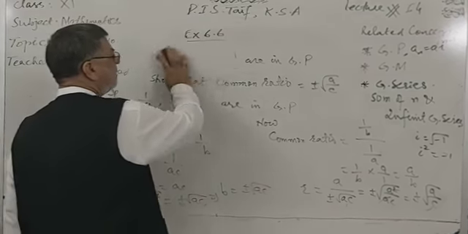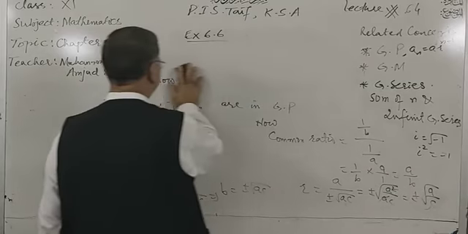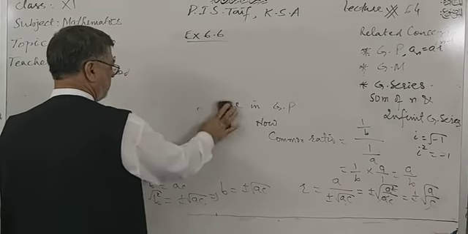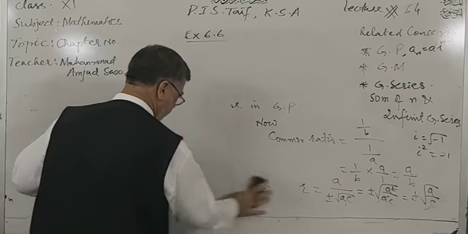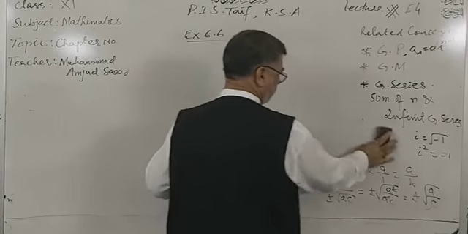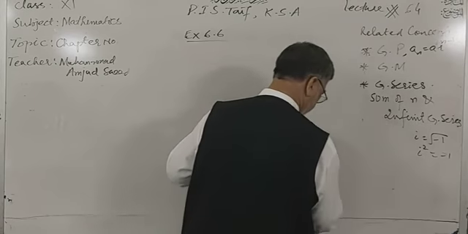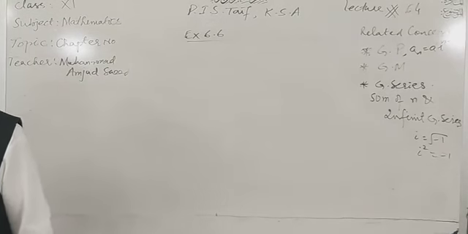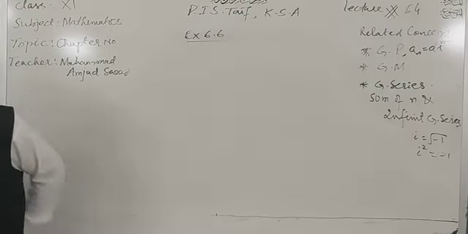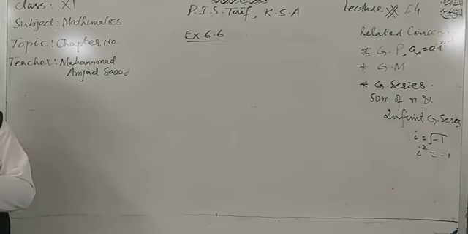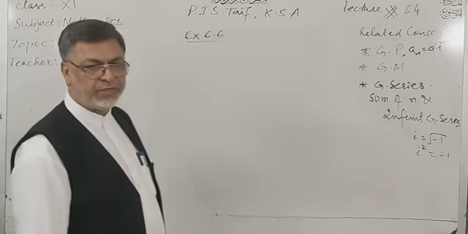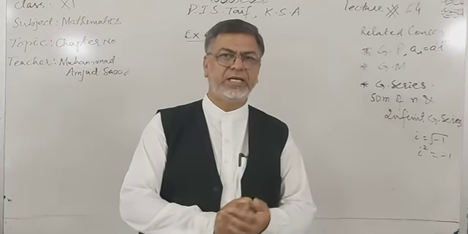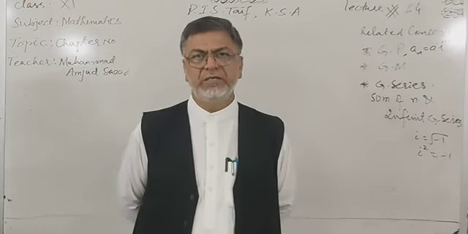Dear students, that was your exercise 6.6, and we have the last two questions; inshallah we will do them. I will take one of them. They will be easy to understand because if numbers are added, subtracted and added, then we will get the original number. We have to find that. So I hope that you will revise these questions I left for you at home, and inshallah there will be no problem. There will be no confusion for you.